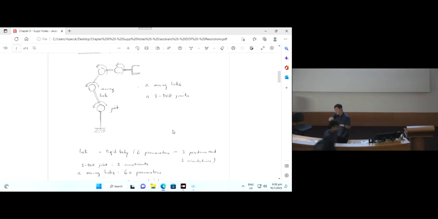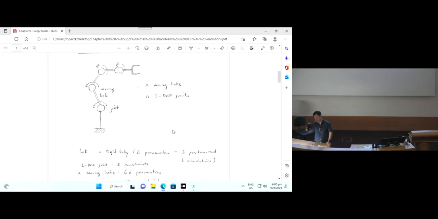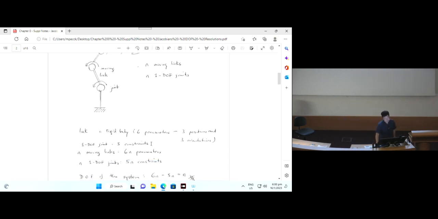So meaning that you can actually move an object to the left, to the x, to the y, to the z. So you can actually move in all these three directions. And then this object itself can also rotate in all three directions along the three principal axes. So you have 6 degrees of freedom. And the question here is, when we talk about the joint,